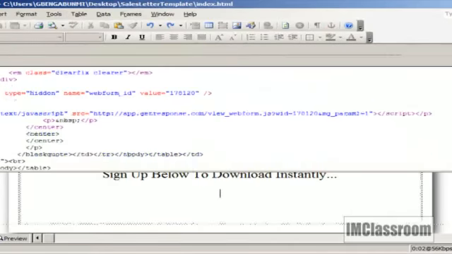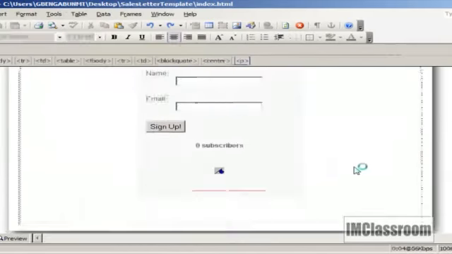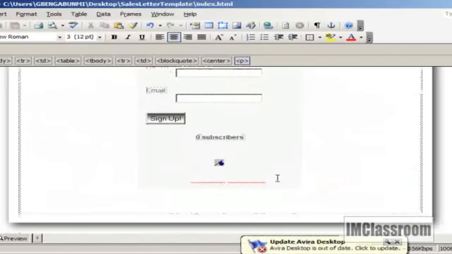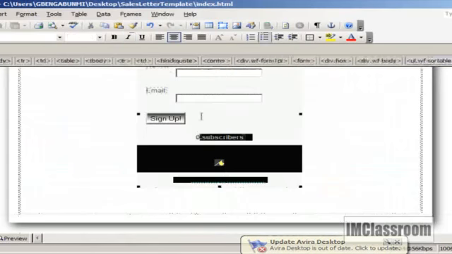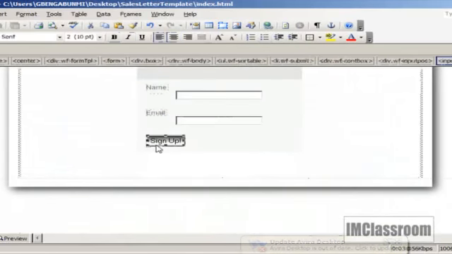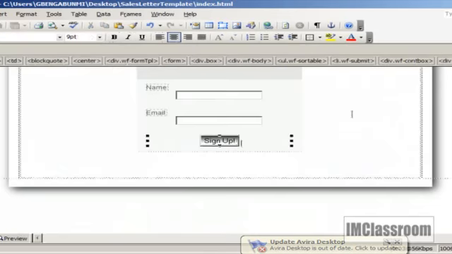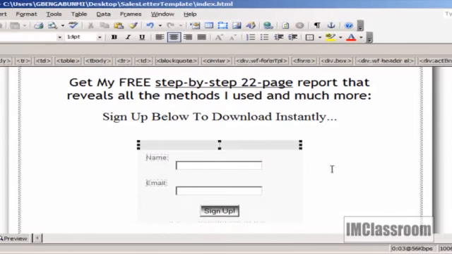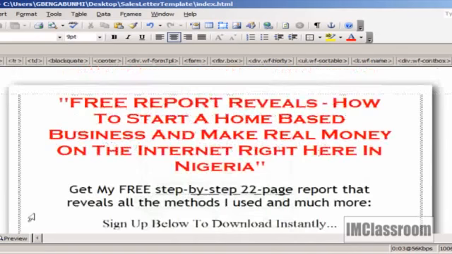Now if you go back to the design pane, that should bring up your simple squeeze page. Now if you look at that, what I have up here, and we can move this sign up button into the middle by clicking on the sign up button and clicking the center to make it come in the middle, and there we go. So that is it. We have a very simple basic squeeze page, and to see what it looks like, all we need to do is to click on